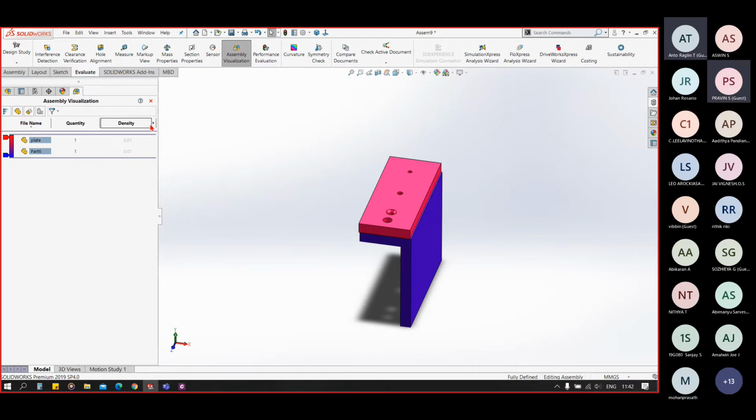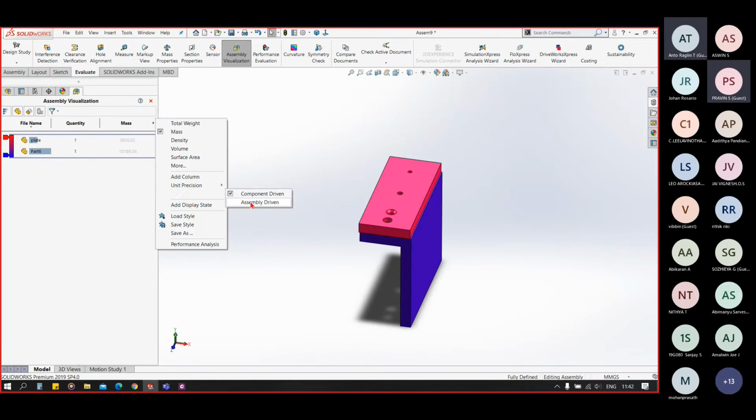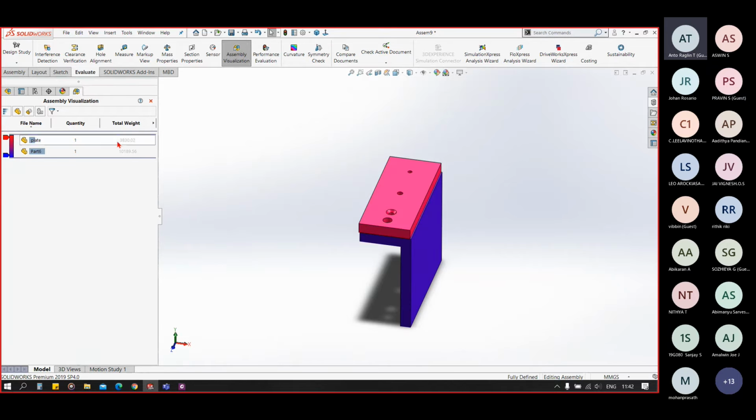You can see its density. We can change its total weight. We can change its mass properties here. Okay. So this is assembly visualization. We can have quantity and total weight here.